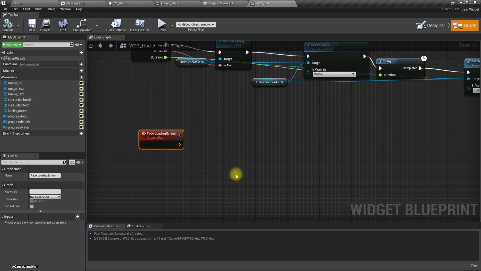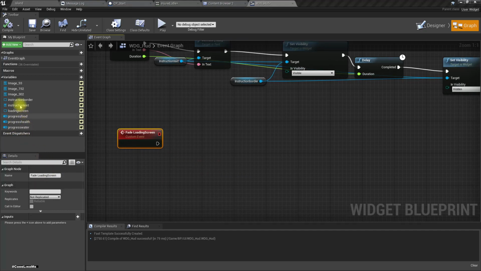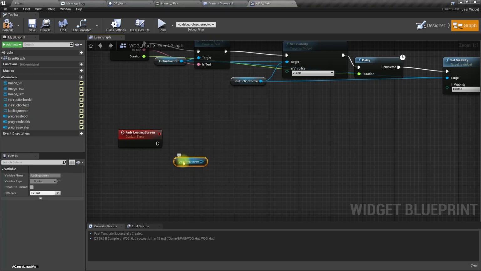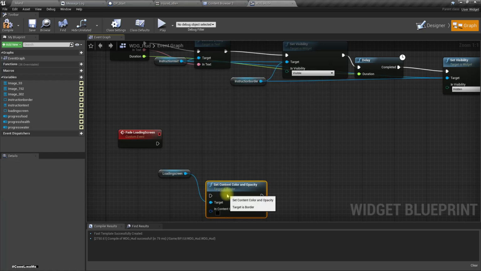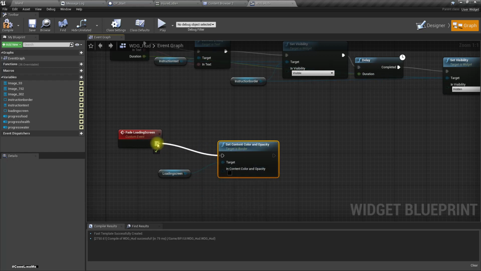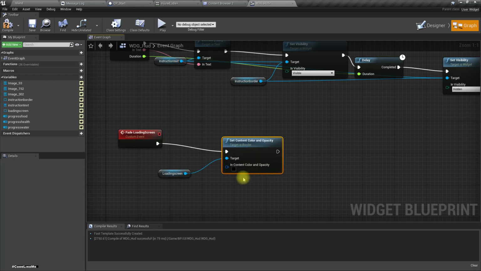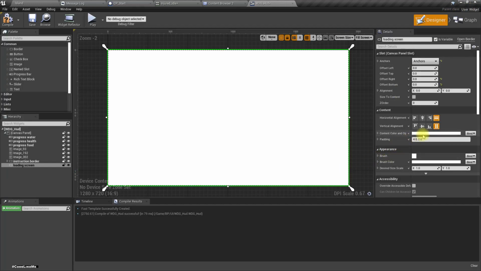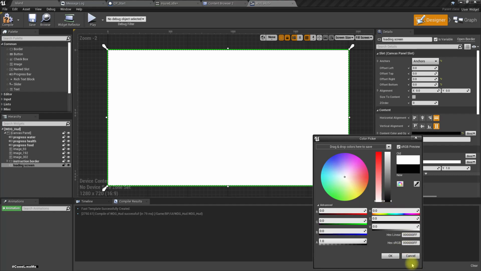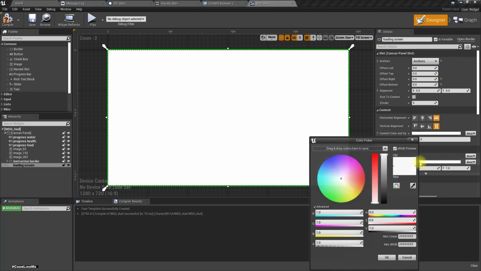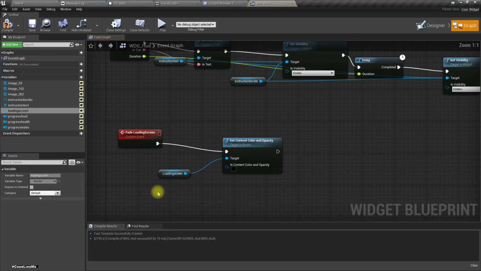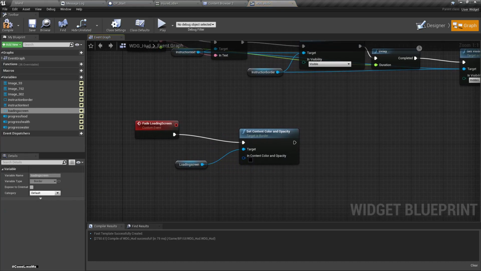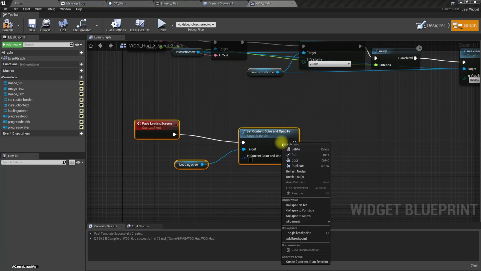Then get the loading screen and set color. Set content, color and opacity. Can we change it? Oh no, I don't think this is the variable we need to change. We need to change this one. Yeah, that one. Okay, so here let me collapse this